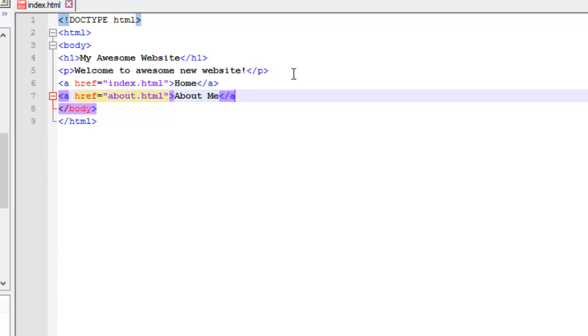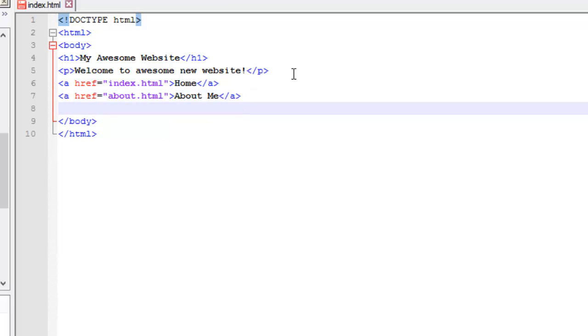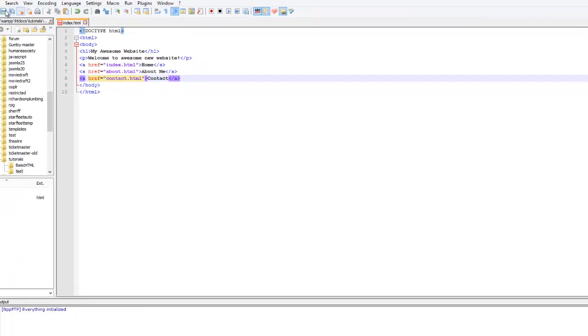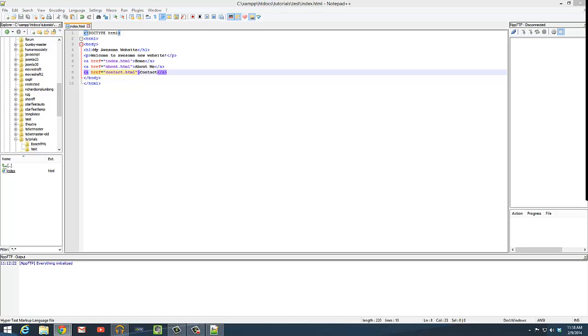Or if it's for a company, it may be about us. We're going to create another A tag, and we're going to point this one to contact.html. It's going to say just contact. Oh, and I left out a closing quote. Alright, and if we save and preview that,